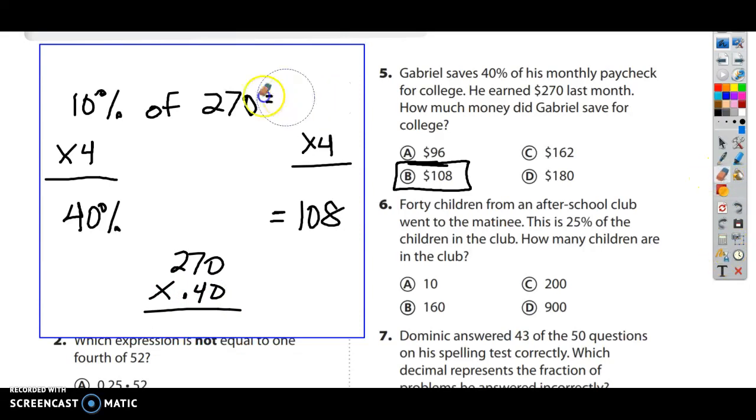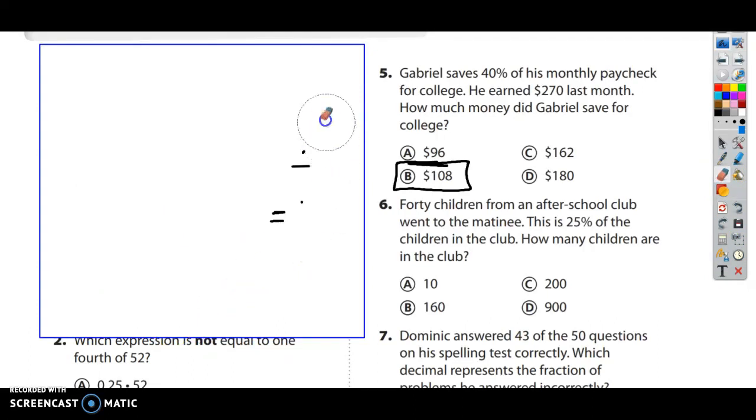Number 6. Number 6 reads, 40 children from an after-school club went to the matinee. This is 25% of the children in the club. How many children are in the club? So 40 kids. This one could be reworded. We've been doing problems like this. This one could be reworded as 40 kids is